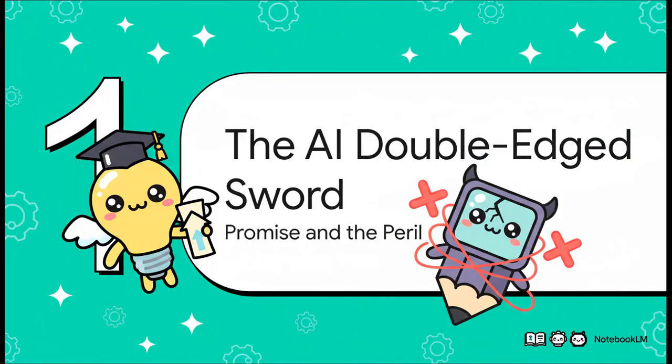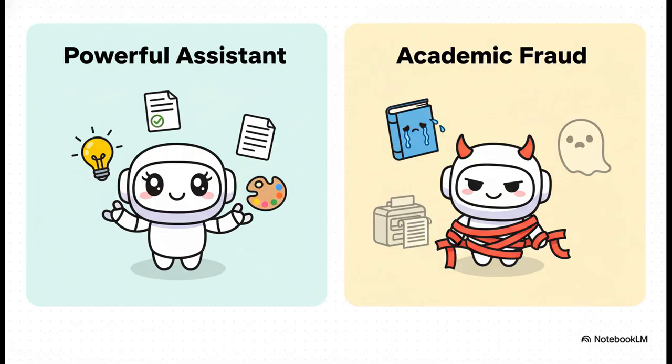And here's why it's so complicated. AI is a total double-edged sword. On one side, you've got this incredible promise of a powerful new tool. But on the other, there's some serious peril to your academic integrity. Getting a handle on both sides of that sword is absolutely key. Check this out. This really lays out the two faces of AI perfectly.